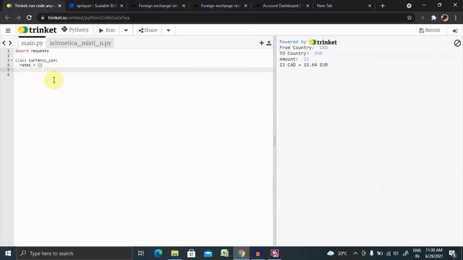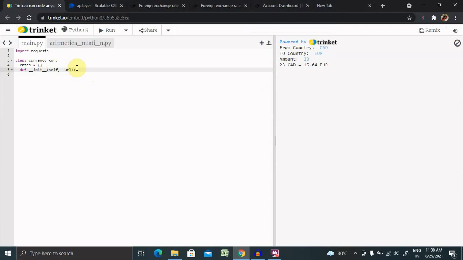Now we have to define a function where we can add __init__ and then self, comma, URL. So this is the URL which we are going to use. Now our definition is done.